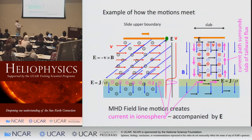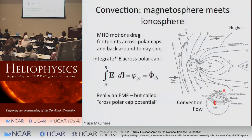And what you actually have then is the current that separates the slab that's moving from the one that hasn't. That current goes down, crosses through the ionosphere, and then goes back up. This is the current path. It's basically separating out that slab. Okay? And so what that means is when you have the MHD flow imposing motion of the field lines very far away where field lines are real,